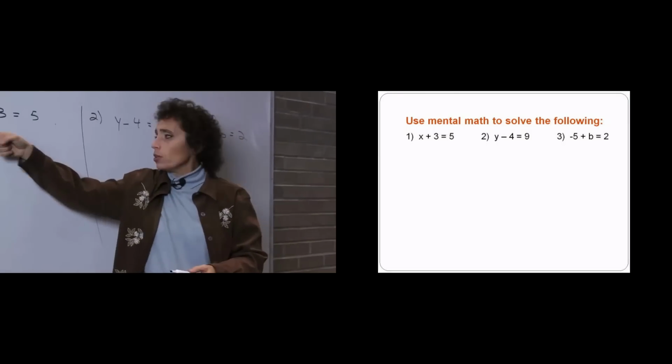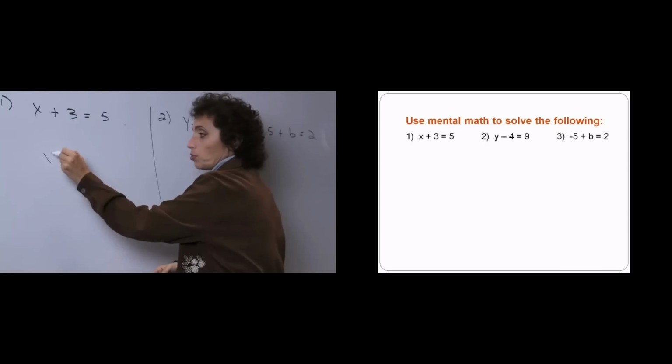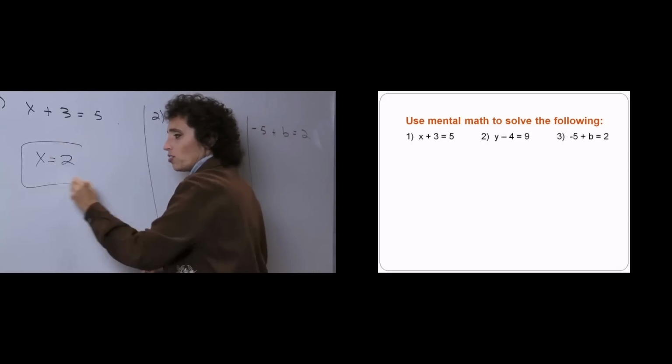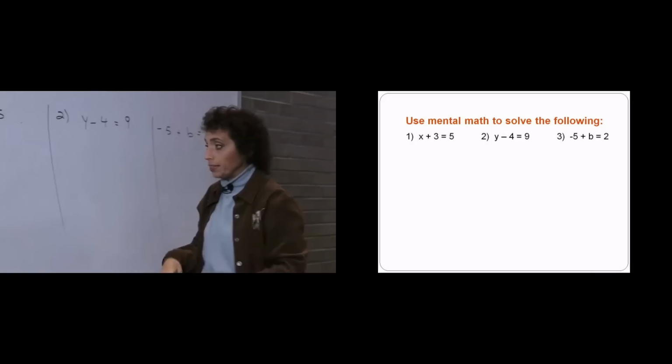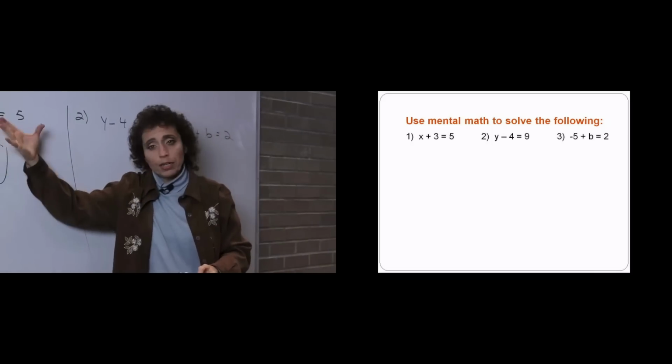This says some number plus 3 is going to give me 5. That's an easy one because we know 2 plus 3 is 5, so x is 2. That is the solution to that problem. And we just solved it, because we found a number that when you plugged it in, it made a true statement.